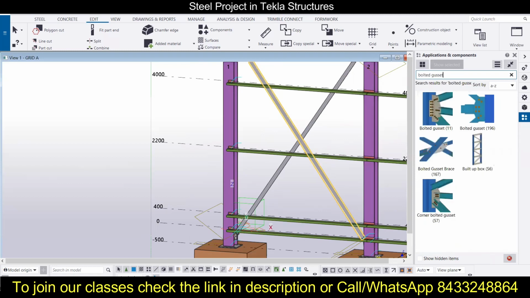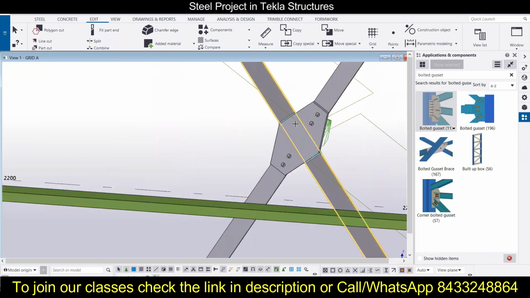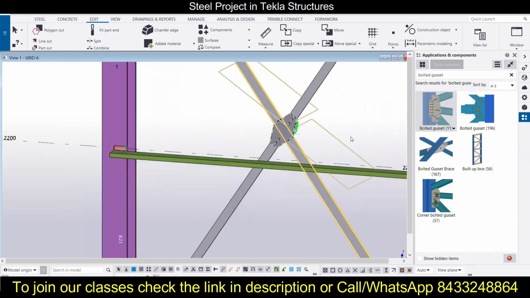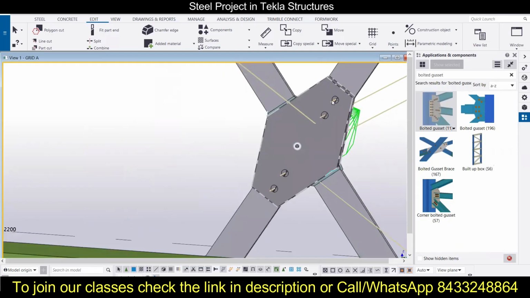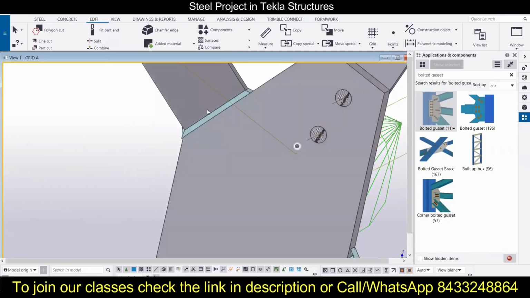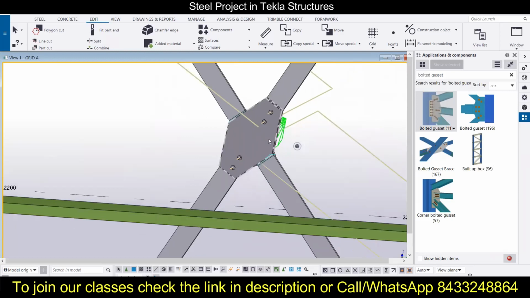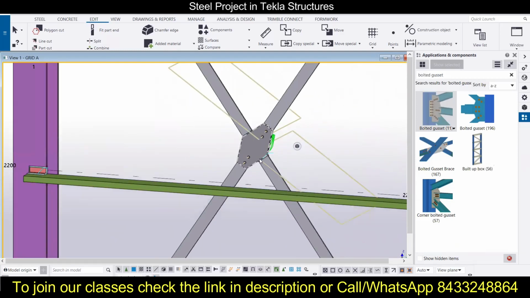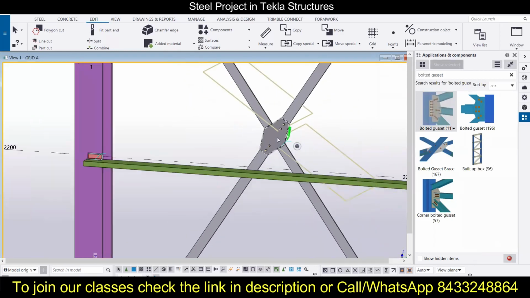We have multiple options over here, and I will go with the 11th. So this is 1, then 2, then 3, and the middle button. You can see we have the connection established over here. This portion is bolted, this one is welded.